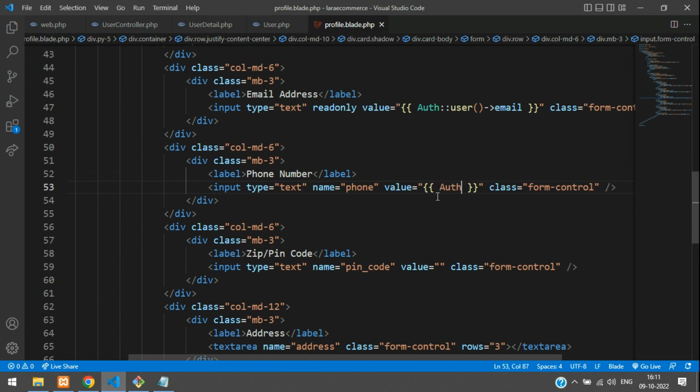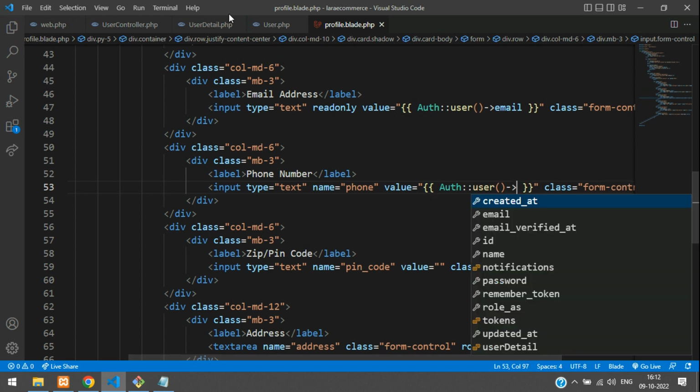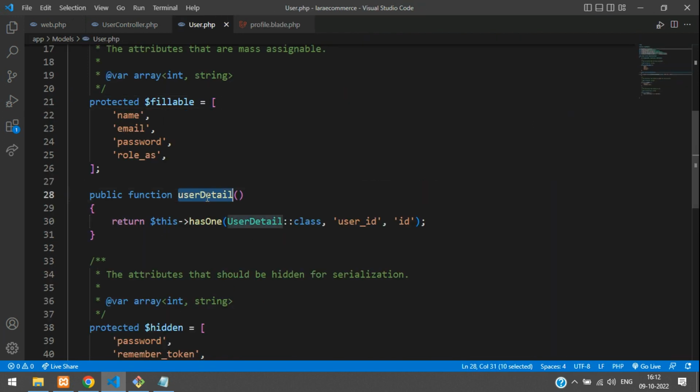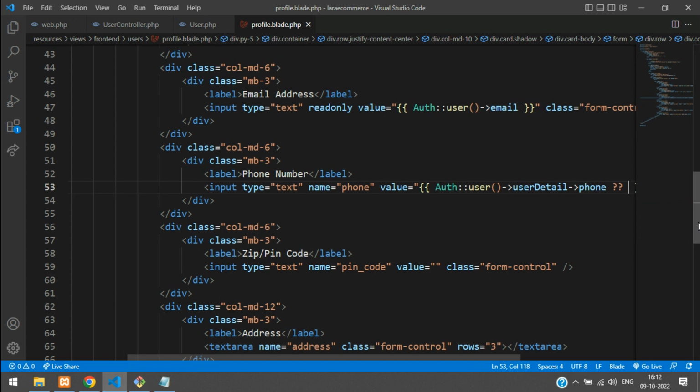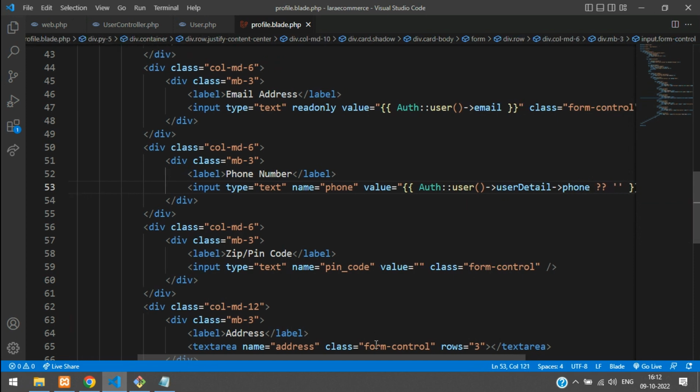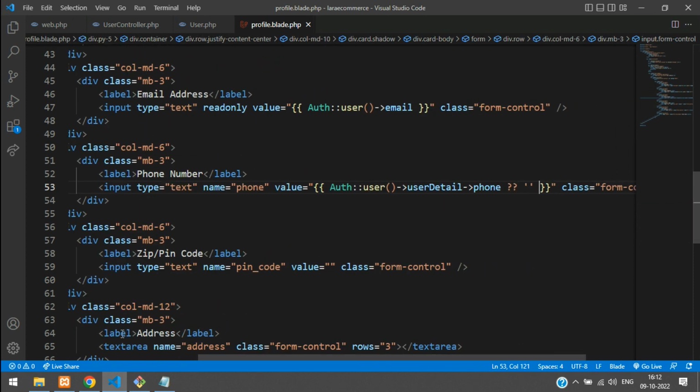So you can just use auth::user, authenticated user, and go to the relationship. Let's move to that user.php. Let's move and copy this user detail. Okay, let's copy that and paste here, user detail, and from that you are going to call the column field. Okay, that is phone. If data is there, show this, else you are going to show null. As simple guys. And now let's save this and let's get back,